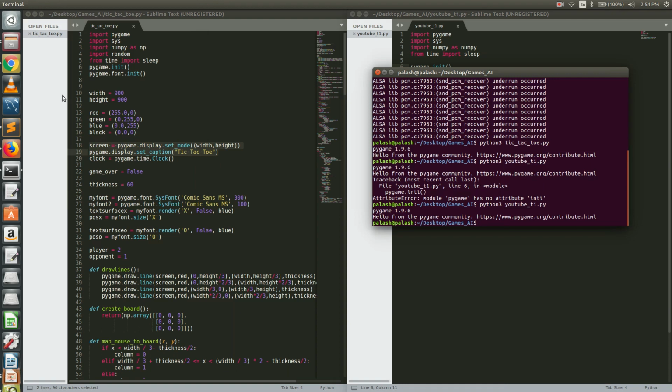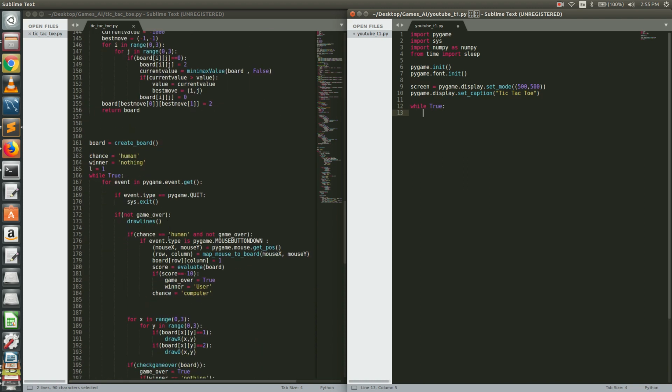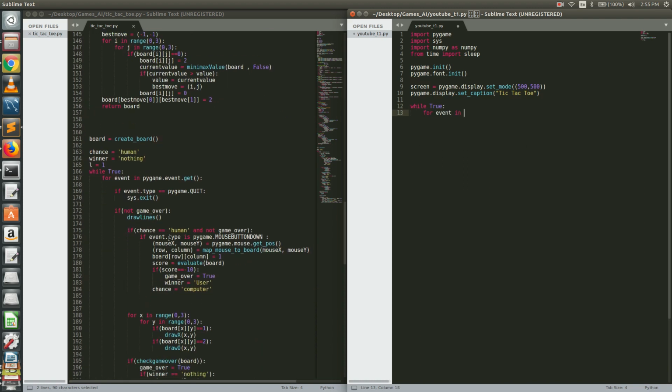So as you saw, the screen came and went away. The reason is the game started, but the game ended. We haven't set up anything to end the game or close the screen. So the setup we have to do is while True, for event in pygame.event.get. What this get method does is it takes up all the events, such as the coordinates of my mouse click, keyboard up key press, down key press, and